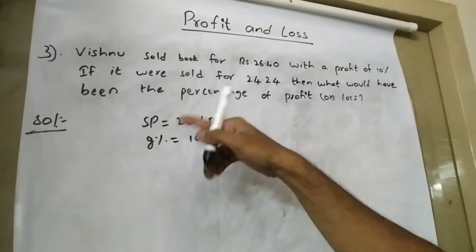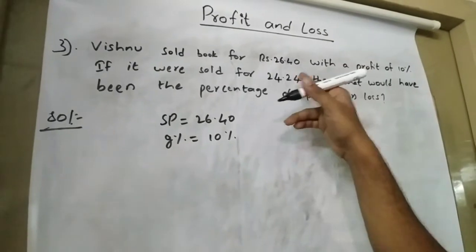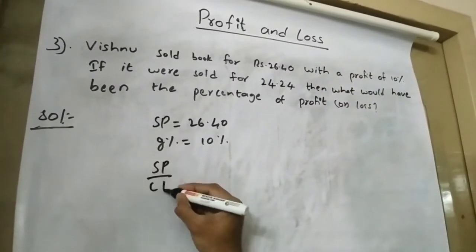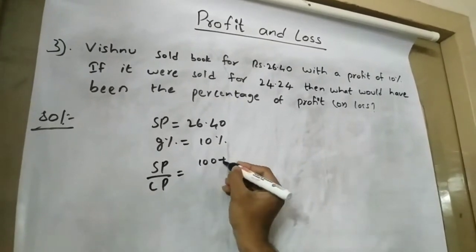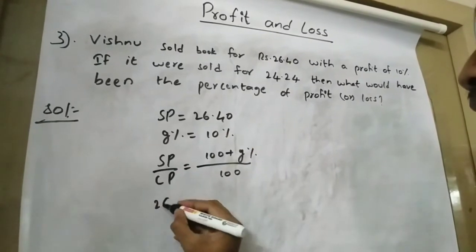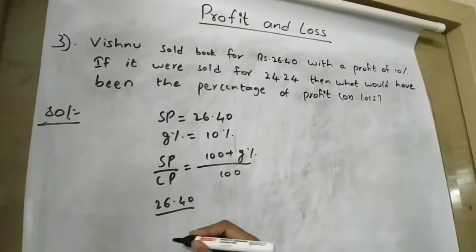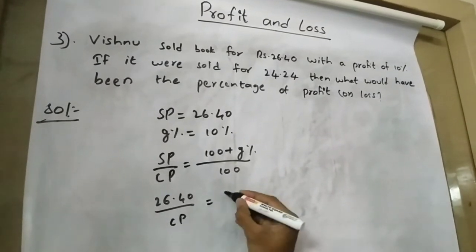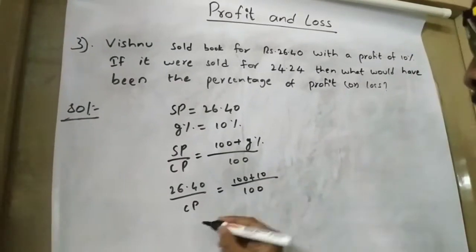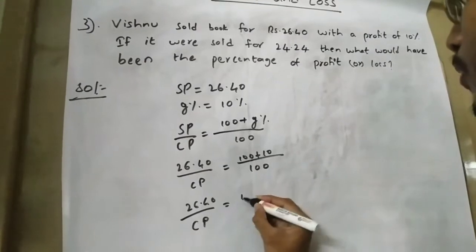So we don't know the cost price. So first of all, we should find the cost price in order to solve the second part of the question. So we know the formula, SP by CP is equal to 100 plus gain percentage by 100. SP is 26.40 by cost price, we have to find that, and 100 plus gain percent is 10, by 100. That is equal to 26.40 by CP is equal to 110 by